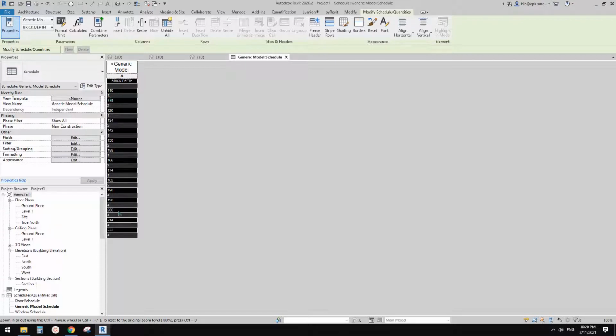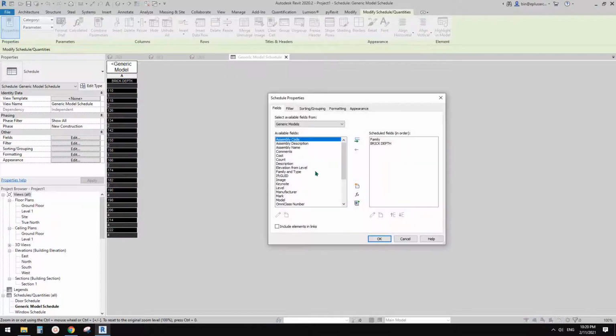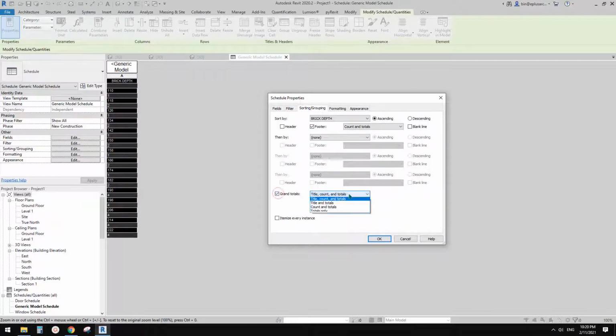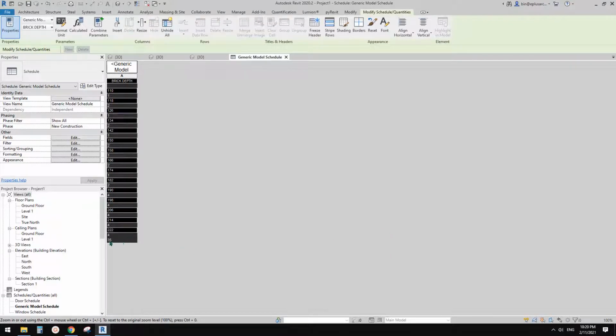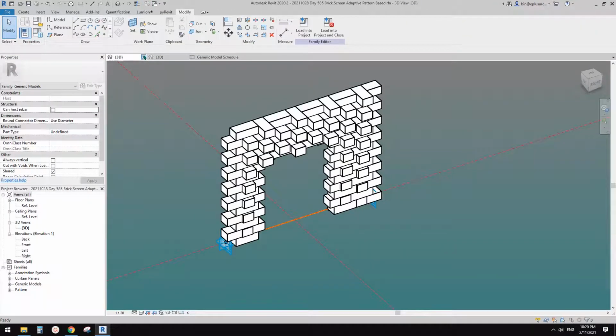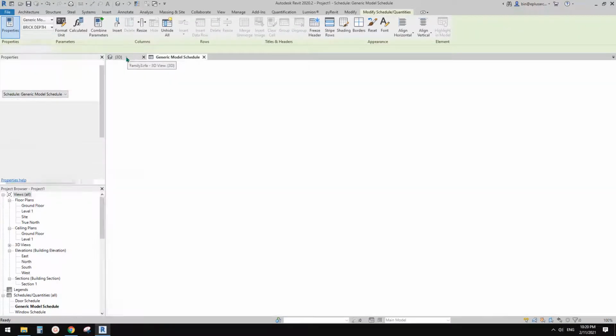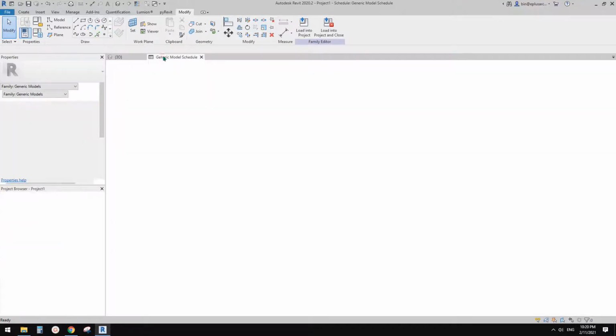So this is a number, and maybe we can have a grand total. So go grand total and count, maybe this one, count and OK. Yeah, so 35 bricks, and for each different depth there's a number under this. So let me just close this one. So this is a family, and this is the schedule. So hang on, where's my